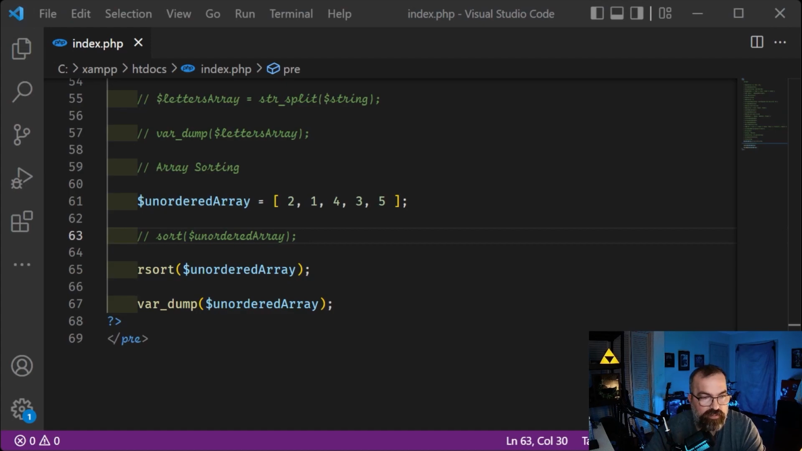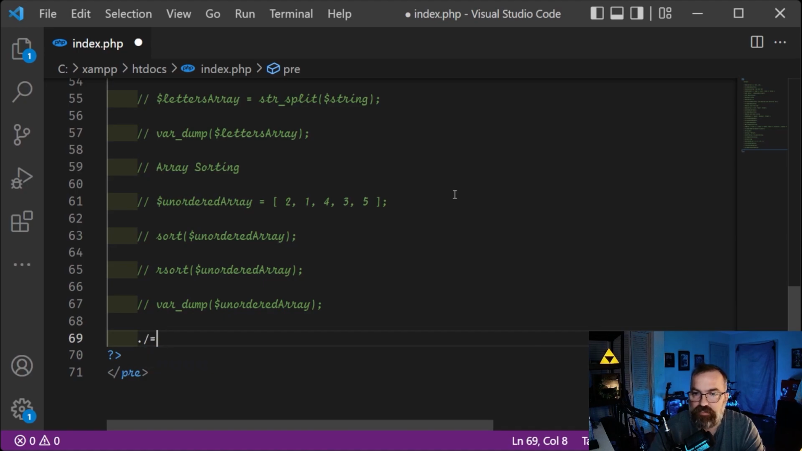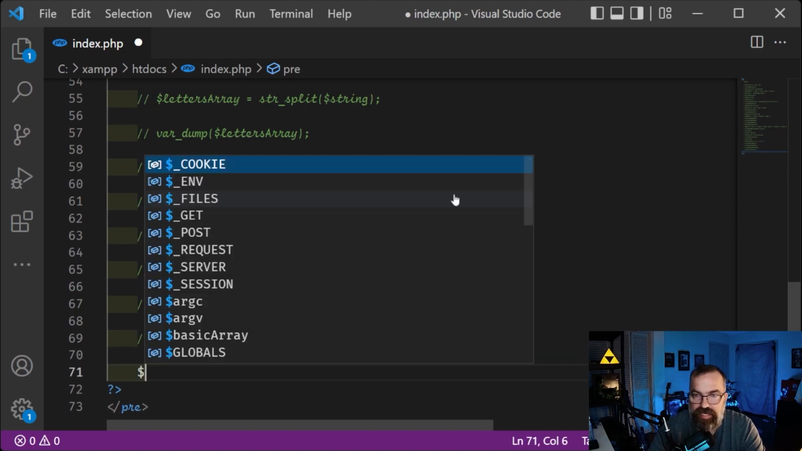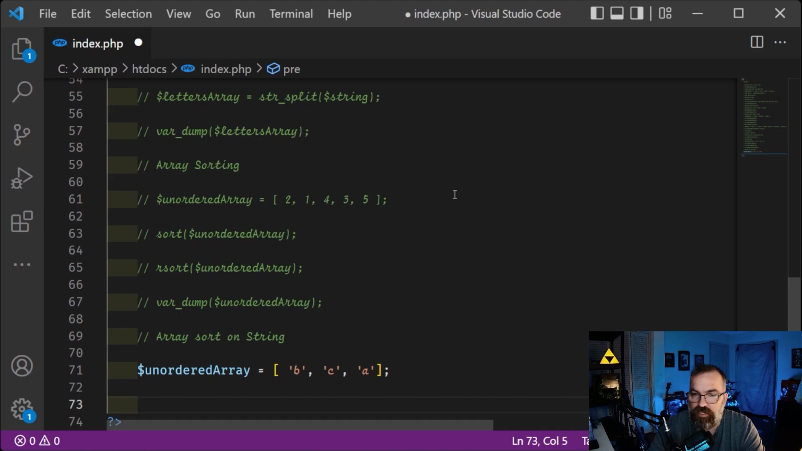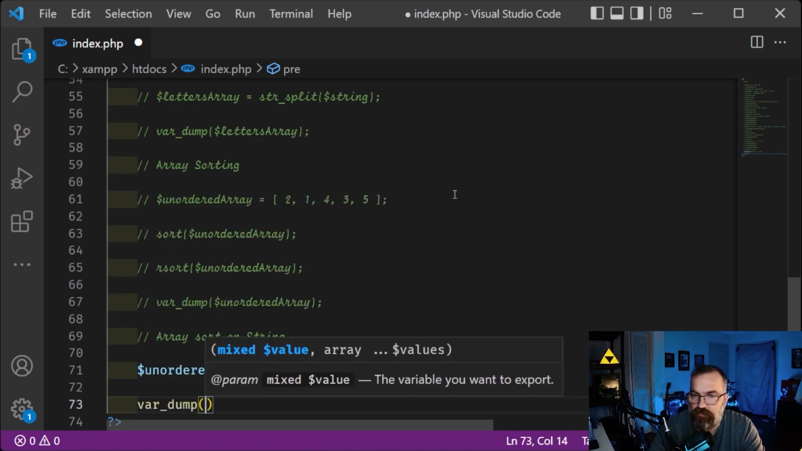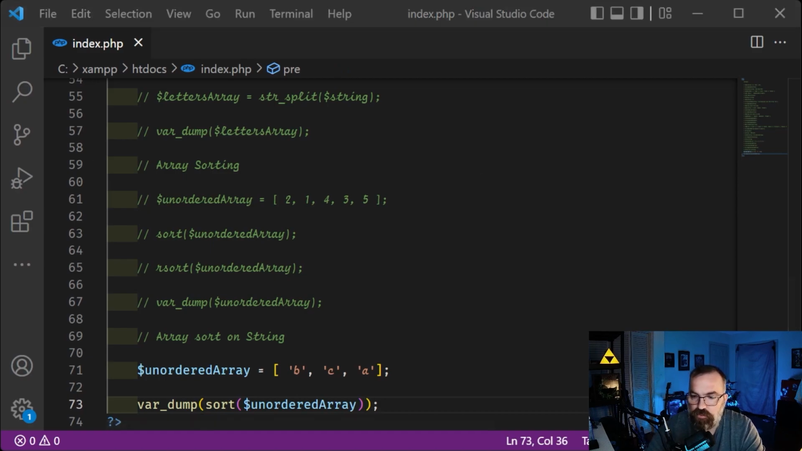Now let's go back to here, and we can also do the same thing. Let's comment these ones out. Let's say we want to do an array sort on strings. It's the exact same thing, unordered array, and let's make that equal B, C, and A. And we can var dump just the sort method. If we do this with the unordered array, and we save this and go back to the browser and refresh,